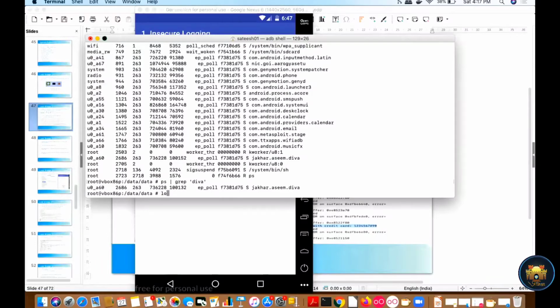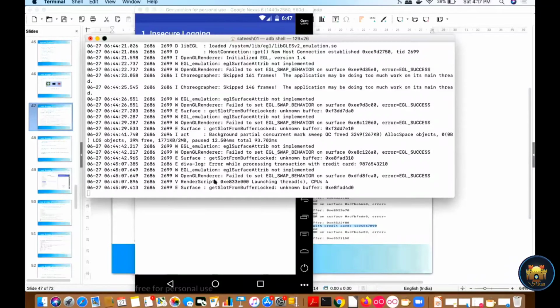As I am already in the adb shell, I will just type logcat, and then the process ID, 2686. So if I type here, now I am getting the logs for 2686.